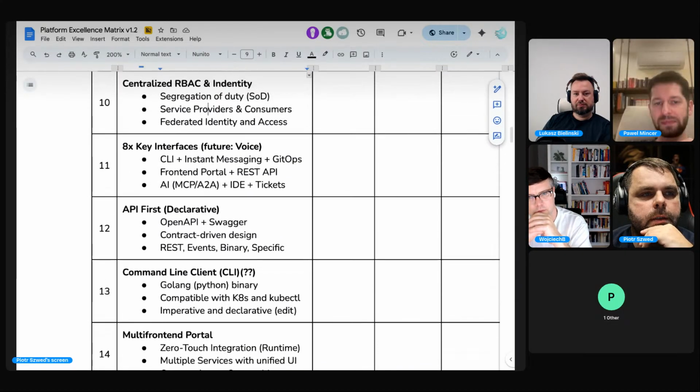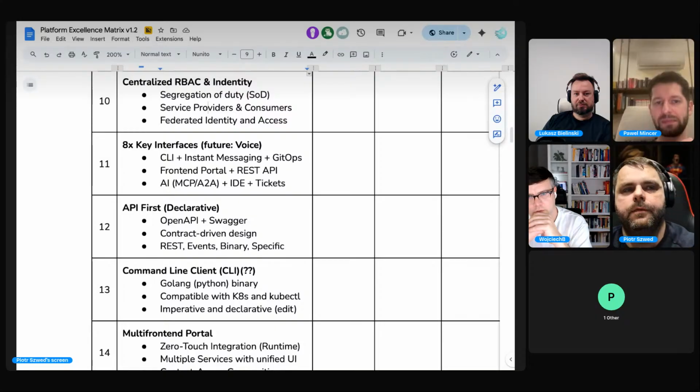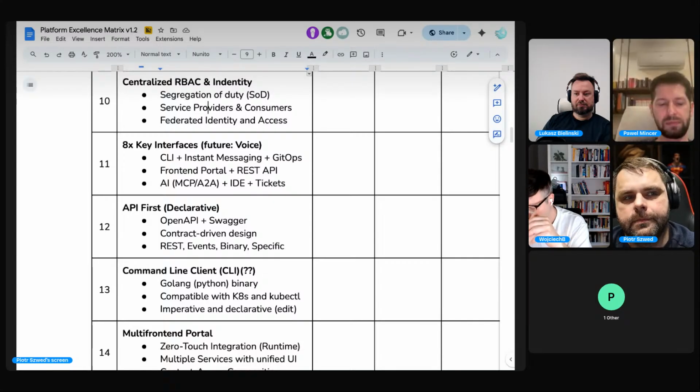Centralized RBAC and identity. Do we expect the platform to provide us services or features like segregation of duty, for example, allowing us to split service providers versus service consumers into two separate groups, and federated identities, so we can collaborate between different internal teams or even external organizations?